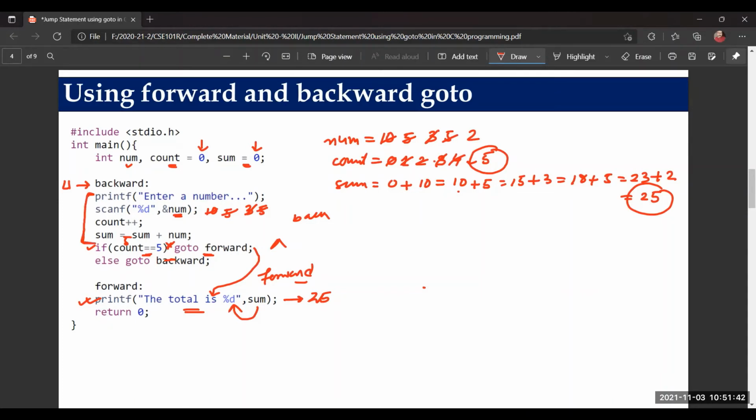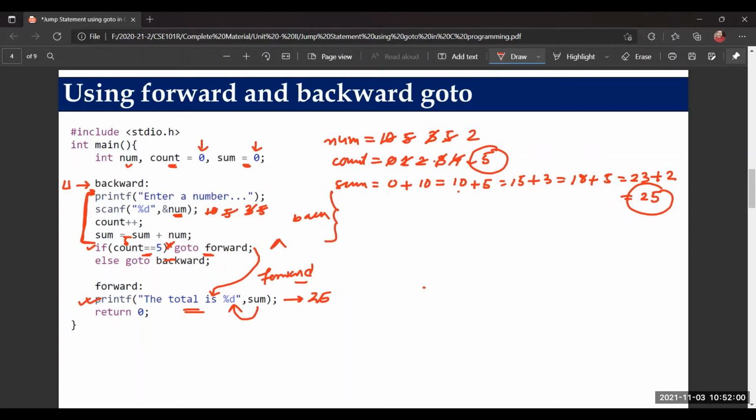So we can use a loop instead of goto. A loop will be better. A loop will increase the code readability and understandability. So we normally prefer implementing this kind of statements through a loop, not goto.